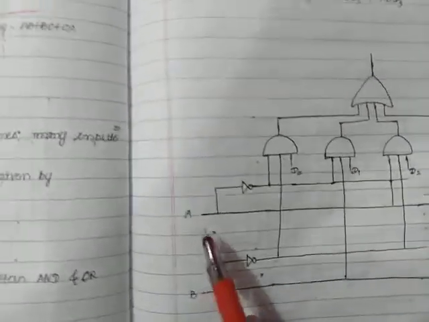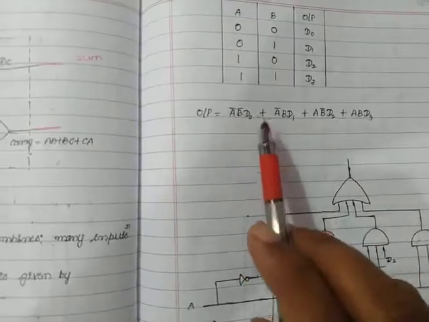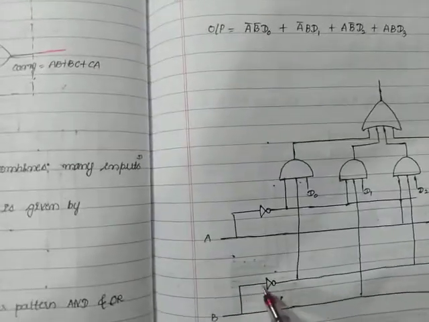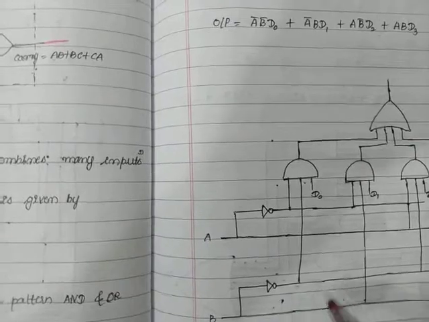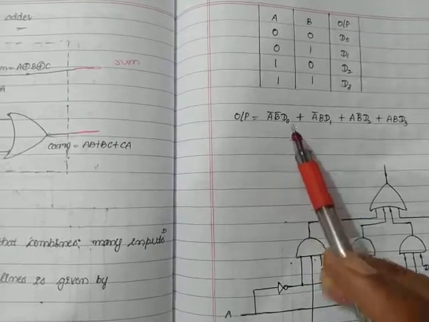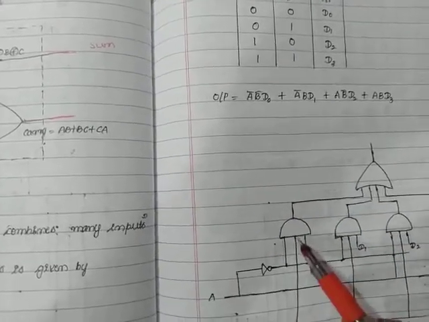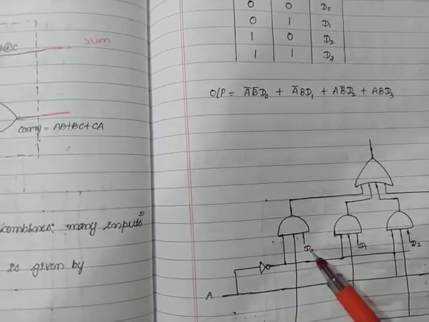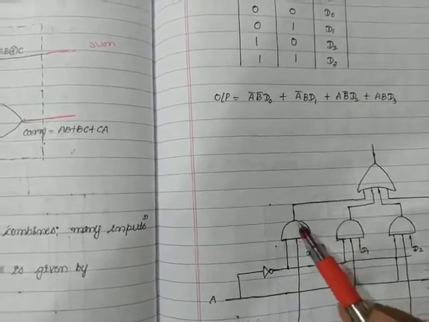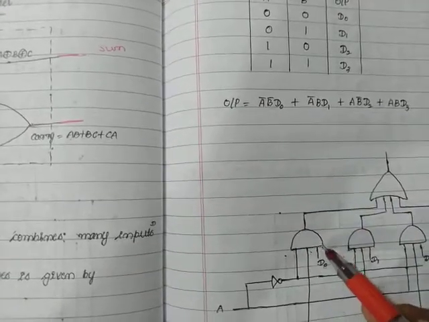Here it will have the two inputs A and B. I will require A bar also and B bar also. That's why I will use one NOT gate here. This is for the B bar and this will be for the A bar. Coming for the first one, A bar, B bar, D0. First I will take A bar, then again B bar. D0 has a select one input. Okay, this is all about this AND gate only. That's why I am using one AND gate.